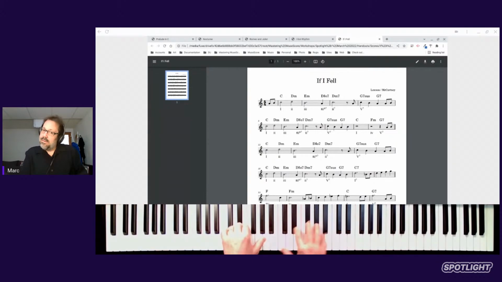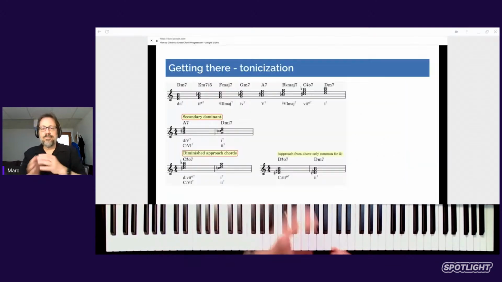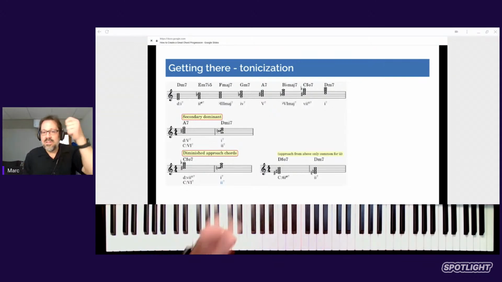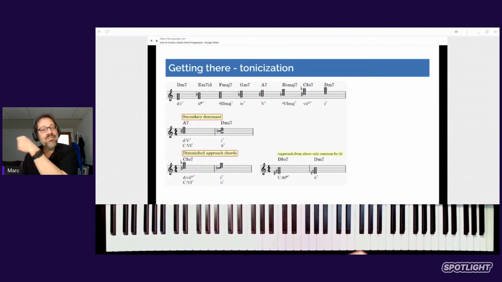But then, right, it's got that D sharp diminished going to D minor. So you get to see Lennon and McCartney using that same device. So that's ways that you can get to an interesting chord. If I want to get to that D minor chord, give it its own 5 chord, give it a 7 chord, approach it from a half step above with a diminished chord,